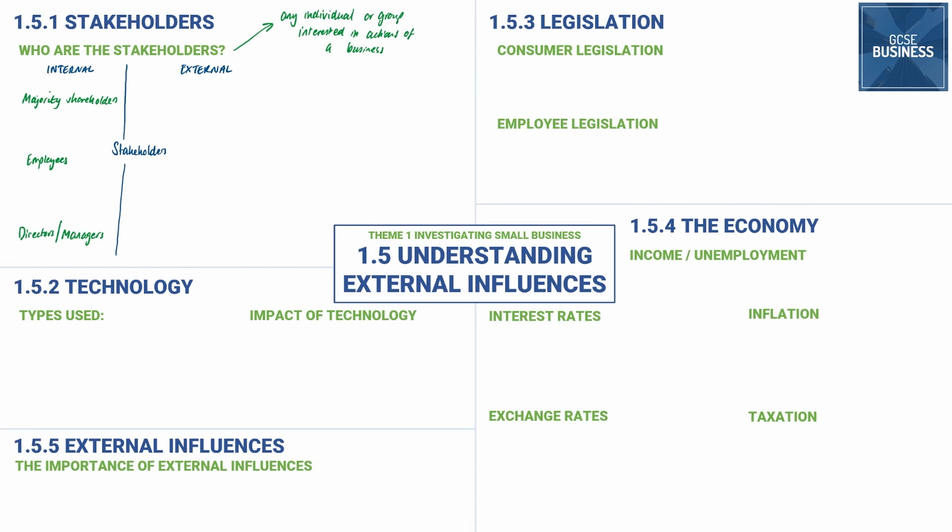Employees, directors and managers, well, you might argue managers and directors are employees, and that is true, but there is a distinction in terms of the decision-making power and what they actually want. So if you think about an employee, what does an employee want from a business? Well, they want to get paid. They want promotion opportunities. They want to be trained. They want to be motivated. They want potentially rewards and bonuses. They want job security. They want those standard things that you'd expect from any employer.